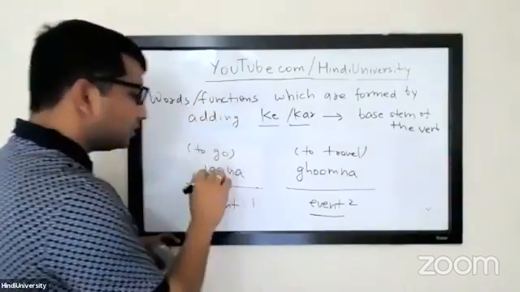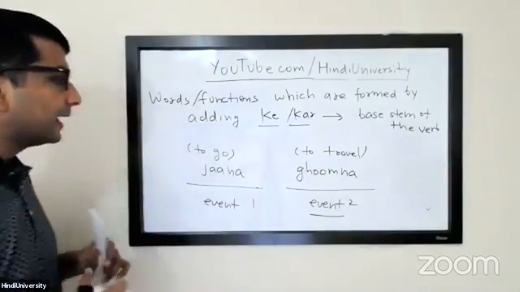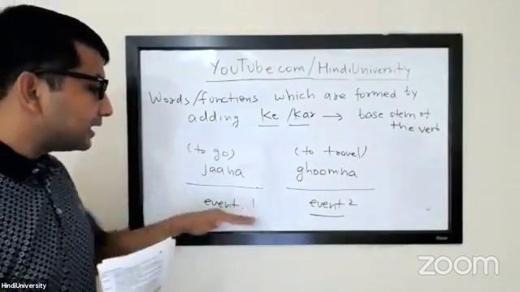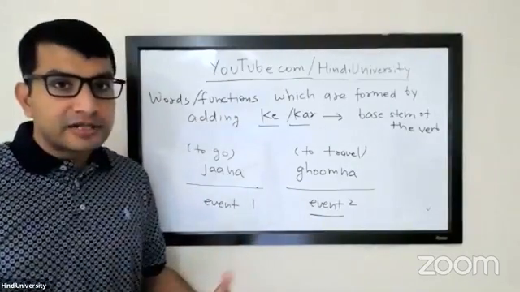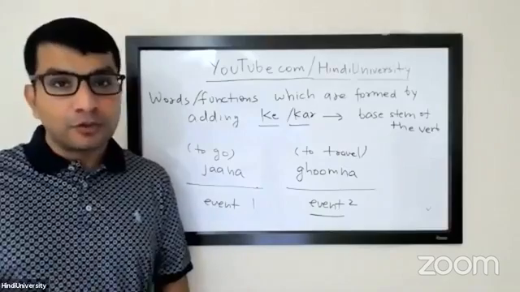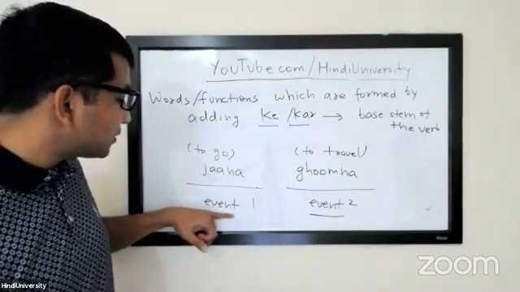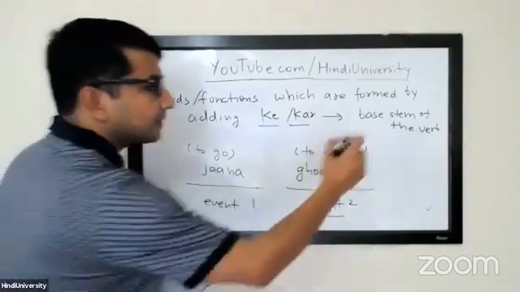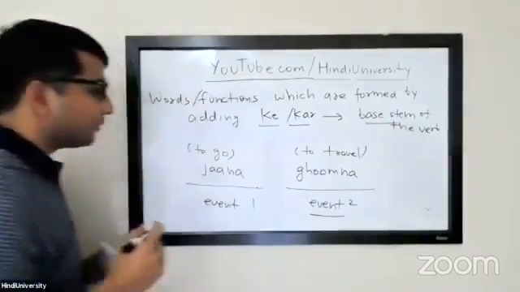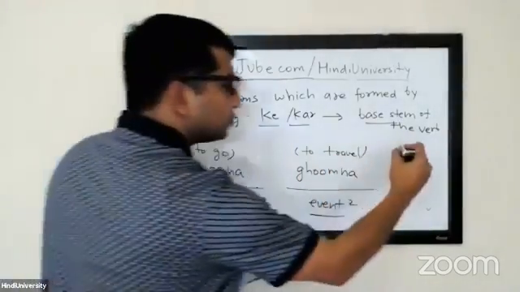So the first event is to go, and the second one is to travel. So far so good. To go is jana, to travel is ghumna. And event two is happening only after event one. You are saying in your sentence that you will travel only after going to India. So what is the first event? Jana, and this is the verb. And you will add it to the base stem of the verb. So you take jana,